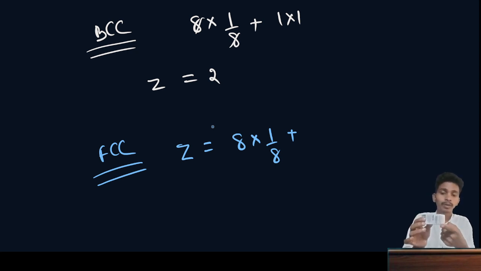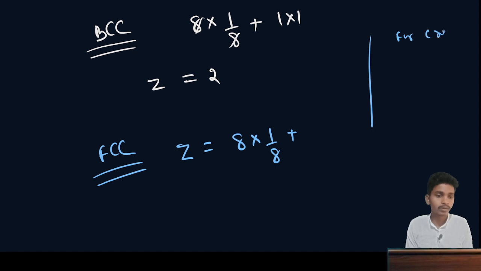1, 2, 3, 4, 5, 6, 7, 8 corners. Okay, how many edges? 1, 2, 3, 4, 5, 6, 7, 8, 9, 10, 11, 12, so 12. So first we will look at that